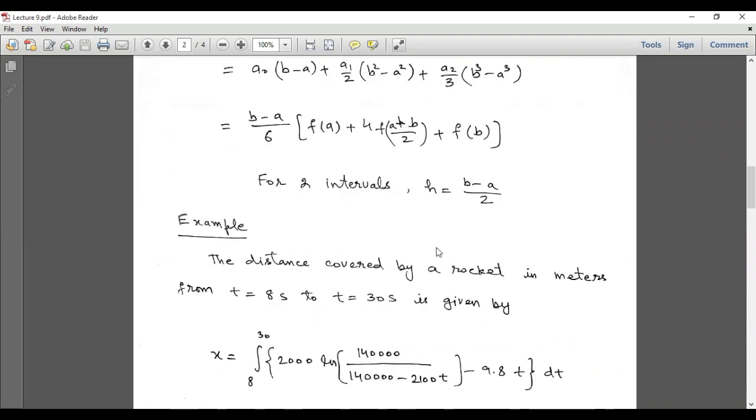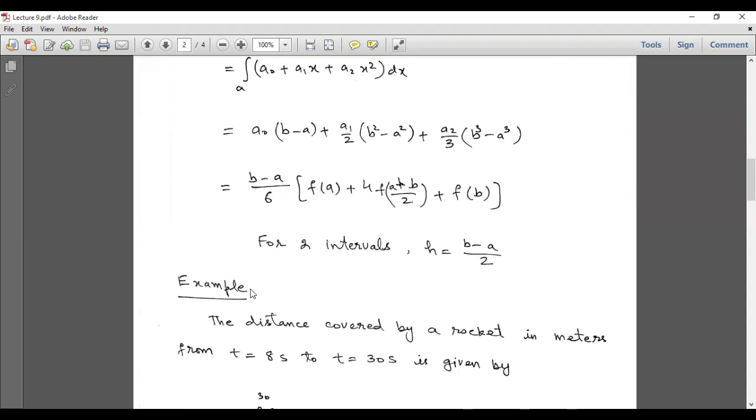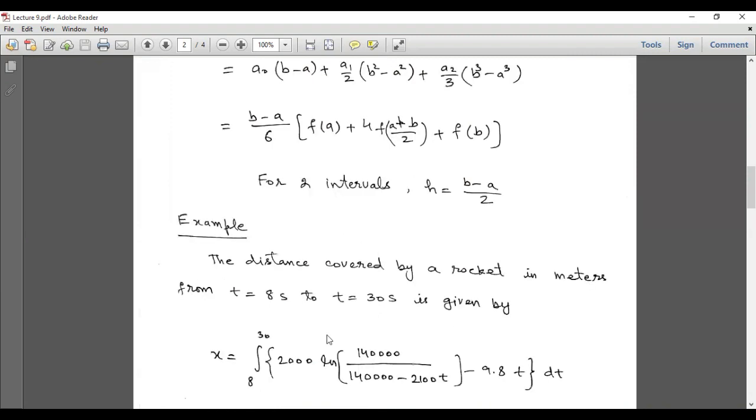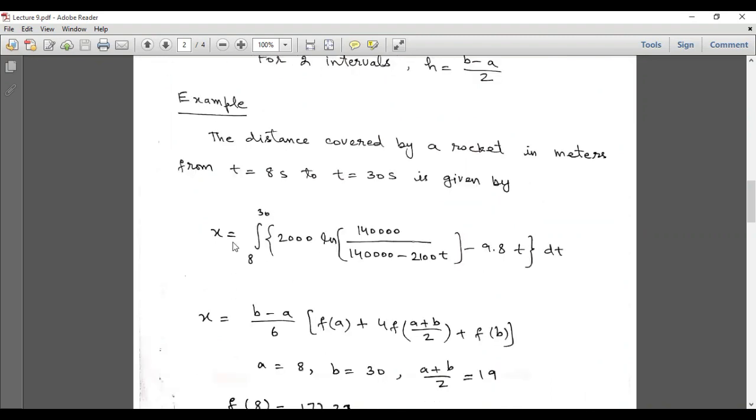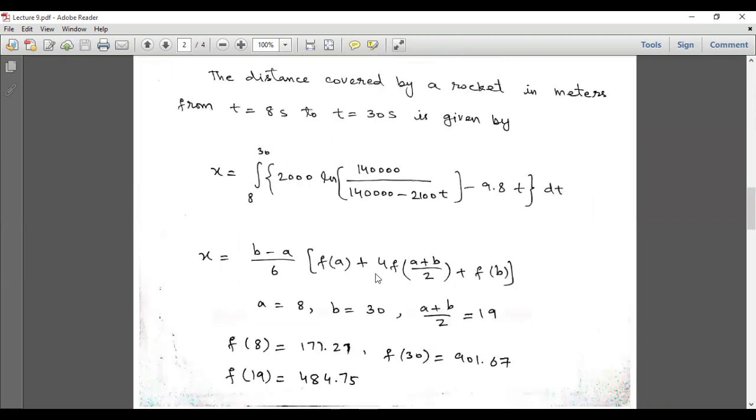And let's solve an example, and after solving this example, the things will be clearer to us, right? So the distance covered by a rocket in meters from t is equal to 8 seconds to 30 seconds is given by x is equal to integral from 8 to 30 of 2000 natural log 140,000 divided by 140,000 minus 2100 t, minus 9.8 t dt. So let's apply Simpson's 1 by 3 rule, and Simpson's 1 by 3 rule states that